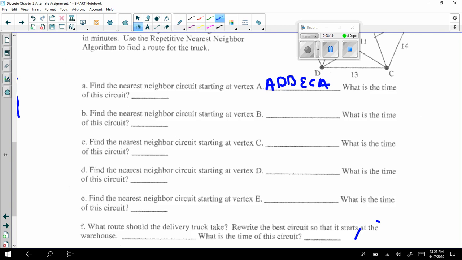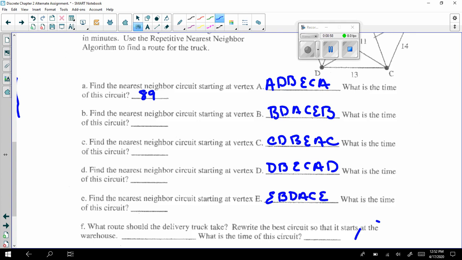Okay, so this one I got A, D, B, E, C, A, and that was 89. And B, D, A, C, E, B, and this is C, D, B, E, A, C. Since I spent some time going through the nearest neighbor, I'm not spending a ton of time going through how you would go about doing this. And then vertex D would be D, B, E, C, A, D, and this one would be